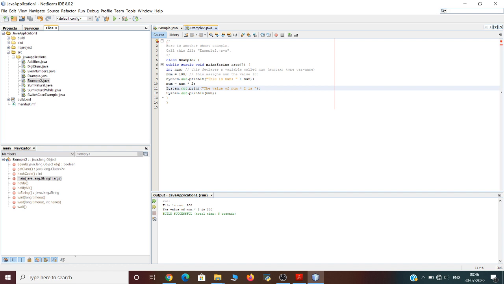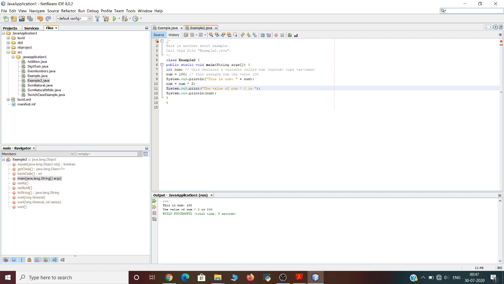This line of code outputs the value of num preceded by the string "This is num". After the string that we tried to display here, "This is num", we will get the value of the variable num. In this statement, the plus sign in front of the variable num causes the value of num to be appended to the string that precedes it. That is, we will get the value of the variable after this particular string, and then the resulting string is the output.